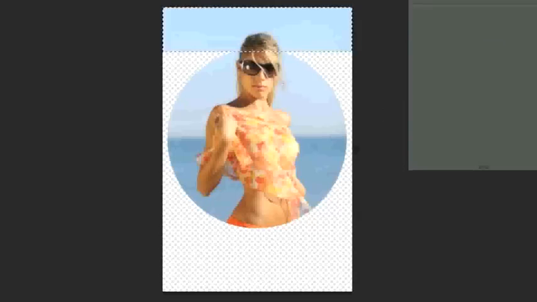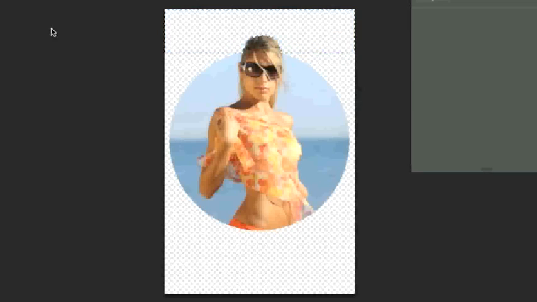and I will make sure that this layer right here is selected, the one with the woman in it here. This part here, I'm actually holding down my option key on the keyboard, and in your case, if you're on a Windows, it might be the Alt key, and I will simply drag here. I'm holding down that option key and holding down the left mouse button, and I'm dragging, and now I will go to edit and I will clear, and now I have the top part